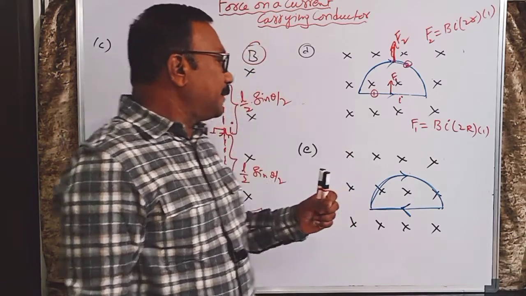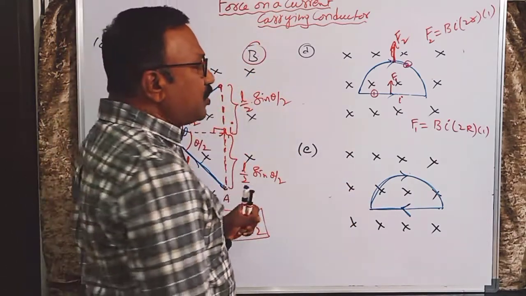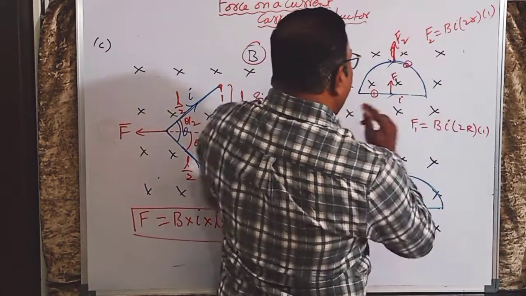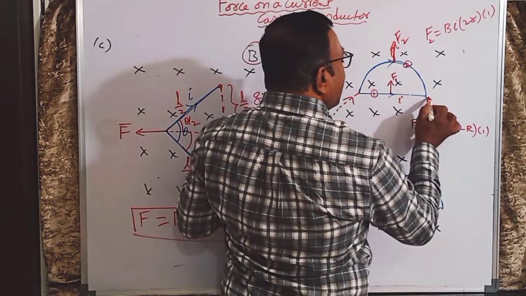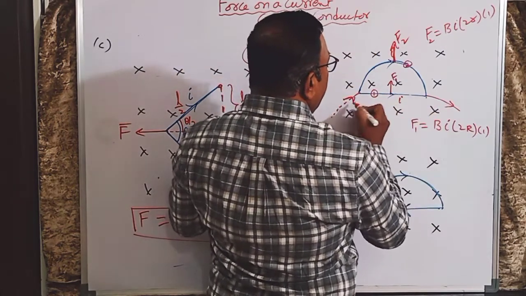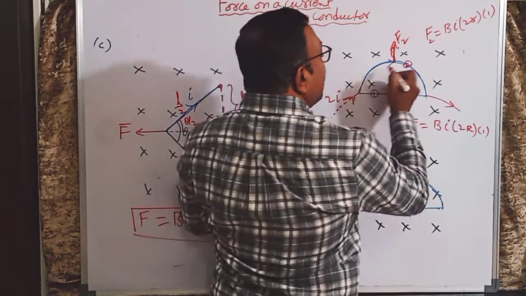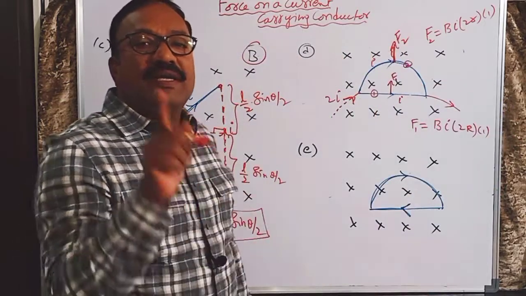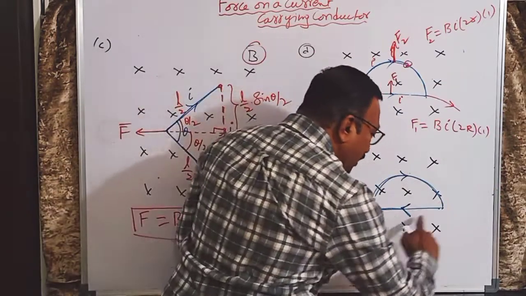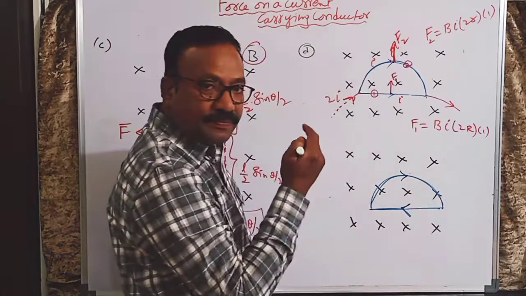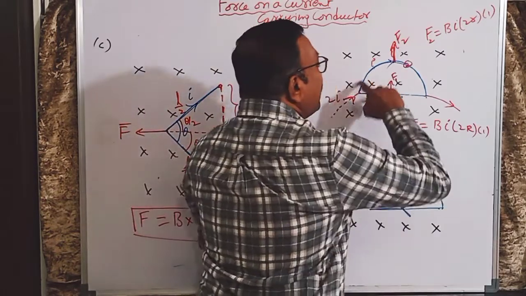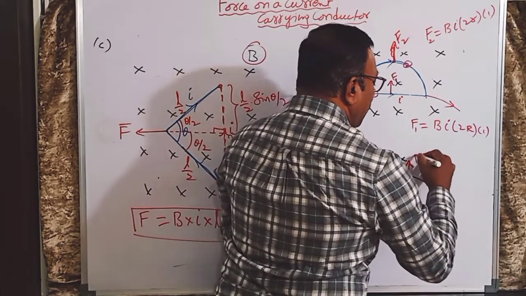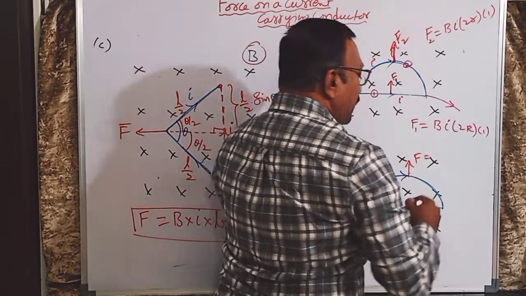Coming here now, what is the difference between these two? The current is dividing like this. I can imagine the current enters like this and leaves like this. So here current 2I is flowing, divided into I and I. So the current is not forming a closed loop here, but in the other case the current forms a closed loop. The force acting on this upper wire, this part and this part are the same, so the force will be BI into 2R.